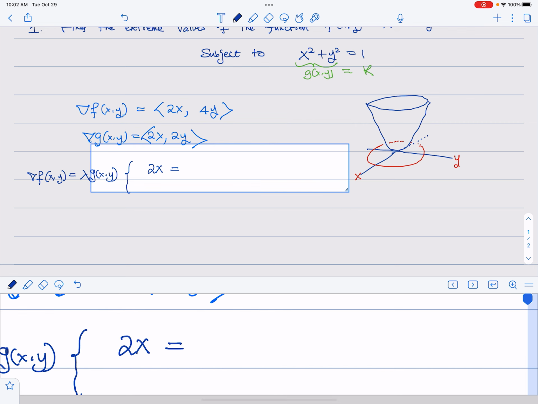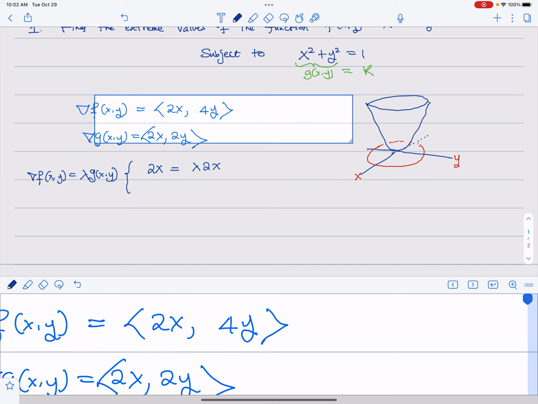2x is equal to lambda 2x. Okay, so this part is the gradient of f and this part is the gradient of g. So 2x is equal to lambda times 2x. And then we now have that,